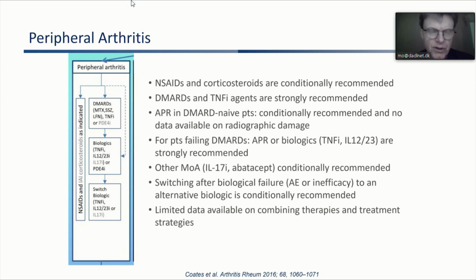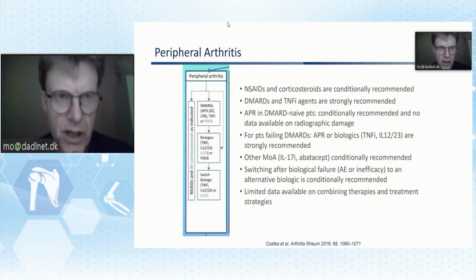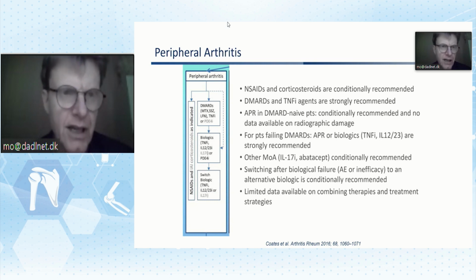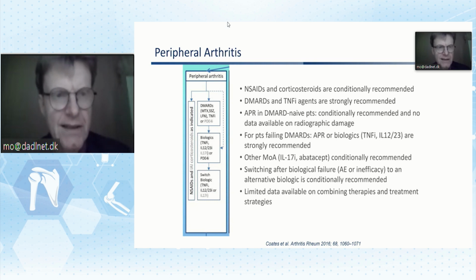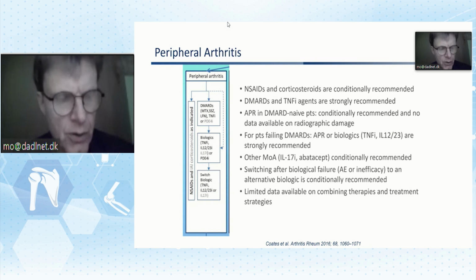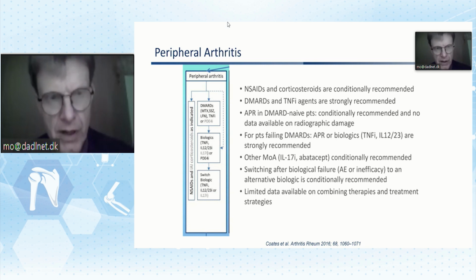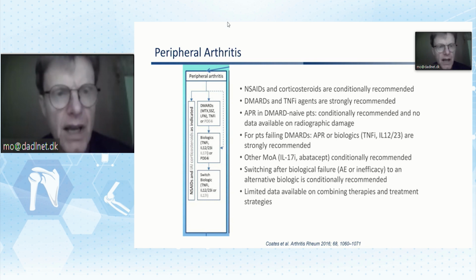At that time point, several of the drugs that we have on our market today were not yet approved in different parts of the world. They are mentioned, you could say, with a gray color on the left, like, for instance, apremilast and IL-17 inhibitors. There has been more recent data, and that will also be shown when we come to the EULAR recommendations. But overall, that was what was recommended.